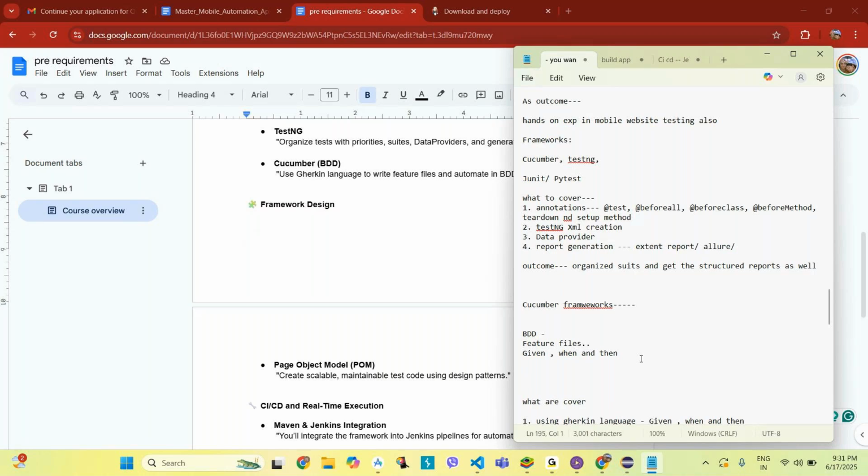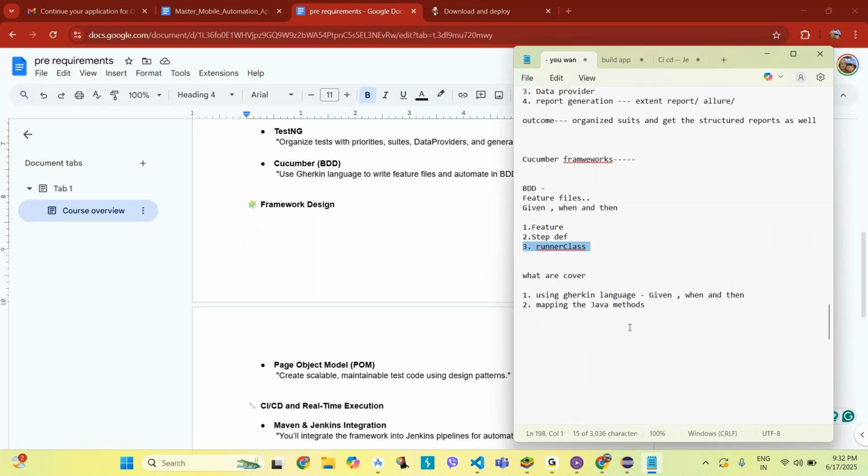When we move forward with the Cucumber framework, there are three major files. One is the feature file. Each feature file must have step definition files. And the third one is the runner class. The runner class works as the main class of the Cucumber framework. Here we will cover the Gherkin language, project creation, mapping the Java methods, and running the test